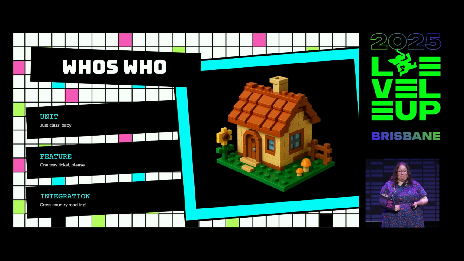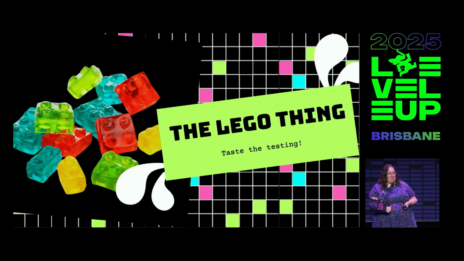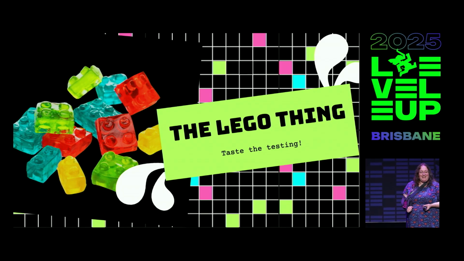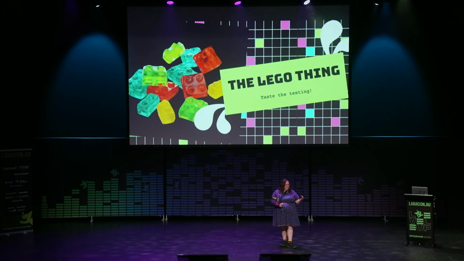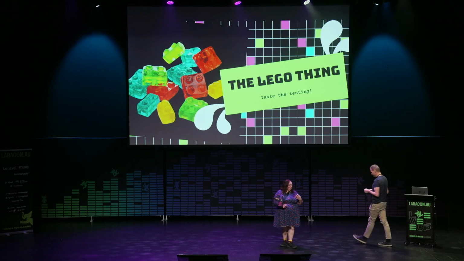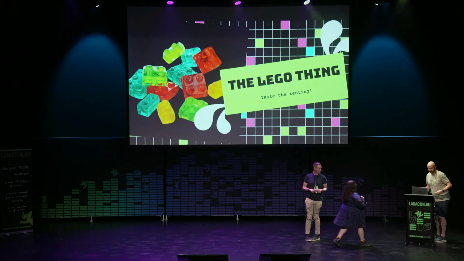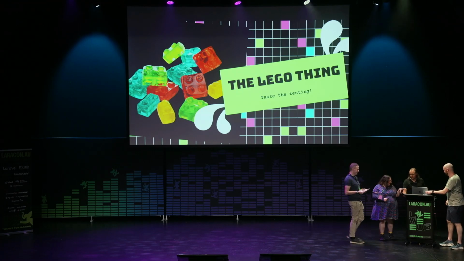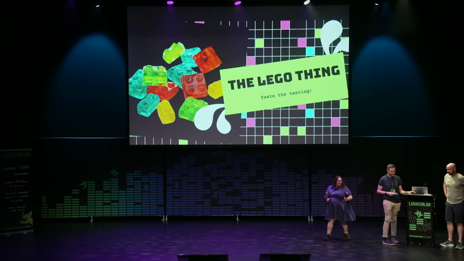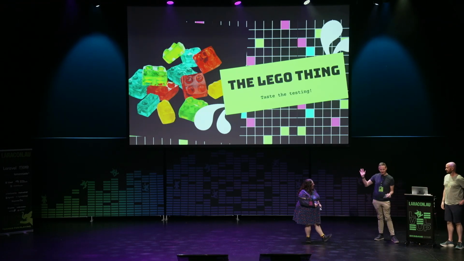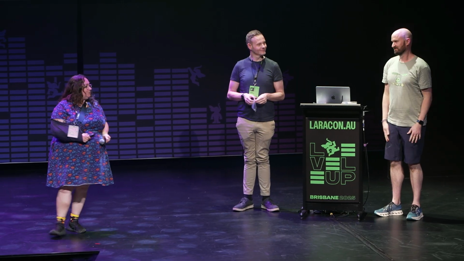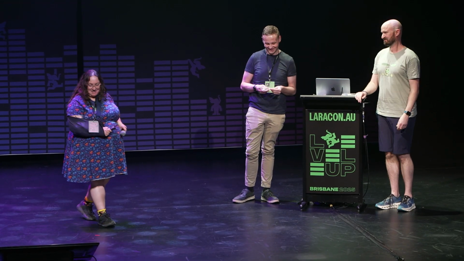All of these kinds of tests help us to catch different things in our application, and they're all equally important. So I'm going to ask a couple of my friends to come up and join me because we're going to have some show and tell, and I'm going to make them eat some things on stage. And this is going to help us to understand what these different types of tests are, how they work together. And please welcome, thank you, this is my friend Gary Yeatman and, of course, the very visible invisible developer, Marty Friedel.